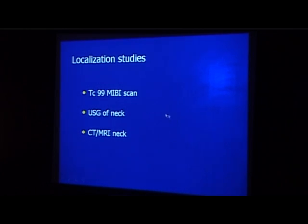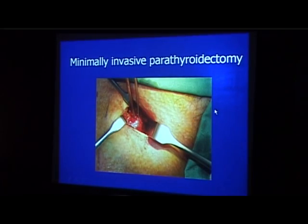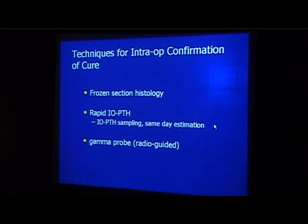Localization studies we have already discussed. MIBI scan is one of the most sensitive and specific investigations we have, sometimes aided by ultrasound and CT. So this is how we do this minimal or focused parathyroidectomy, with a very small incision directly over the parathyroid gland. And intraoperative aids which we use to confirm completion of our surgery are frozen section, rapid intraoperative